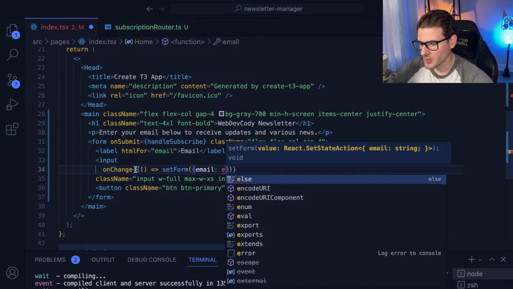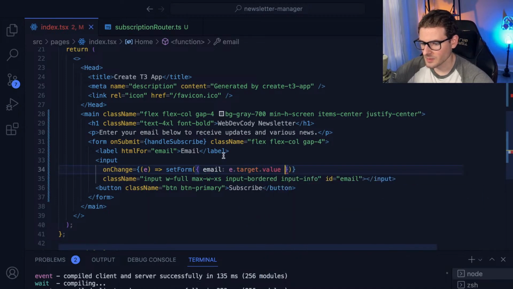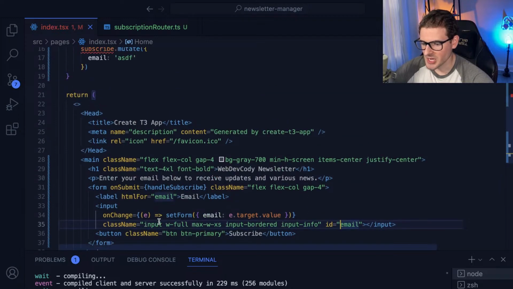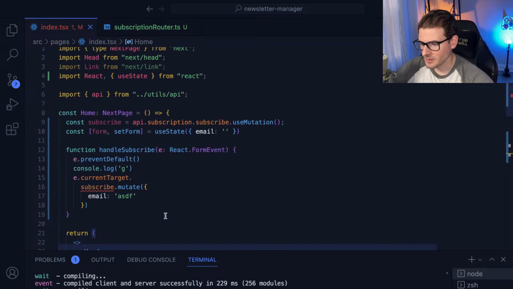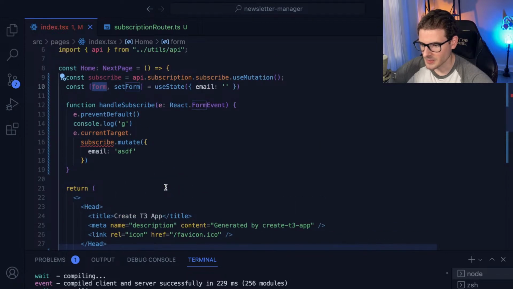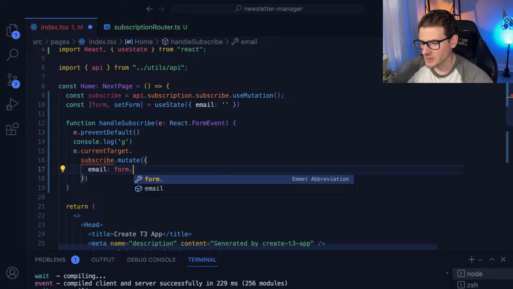Okay, that's annoying. Let me go ahead and say E, and then this will be E.target.value. Cool. So as I'm changing the email, I'm updating state to set the form email to what they typed in. Makes sense. And then I'm going to make sure I use that. So I'll say form.email.